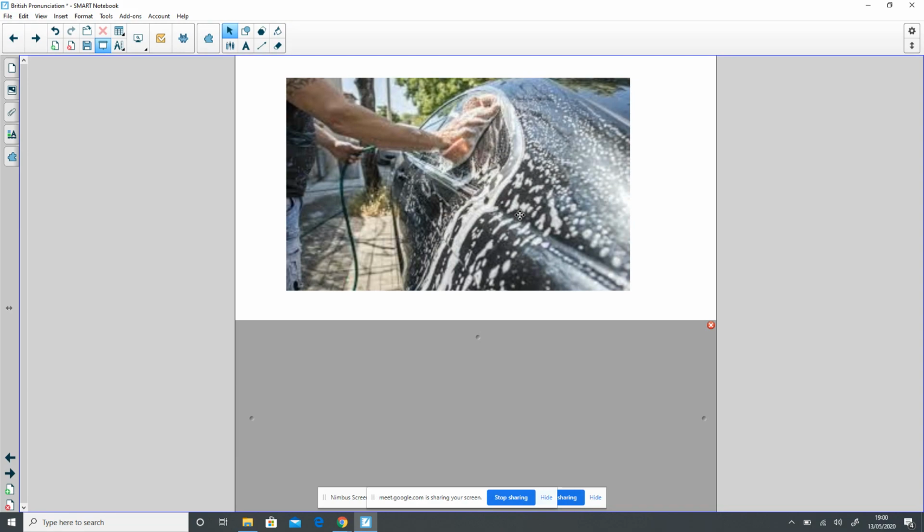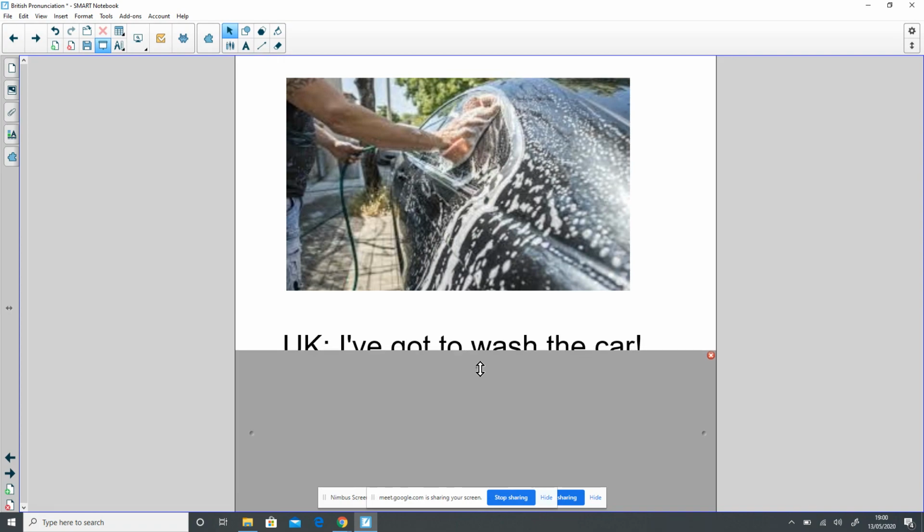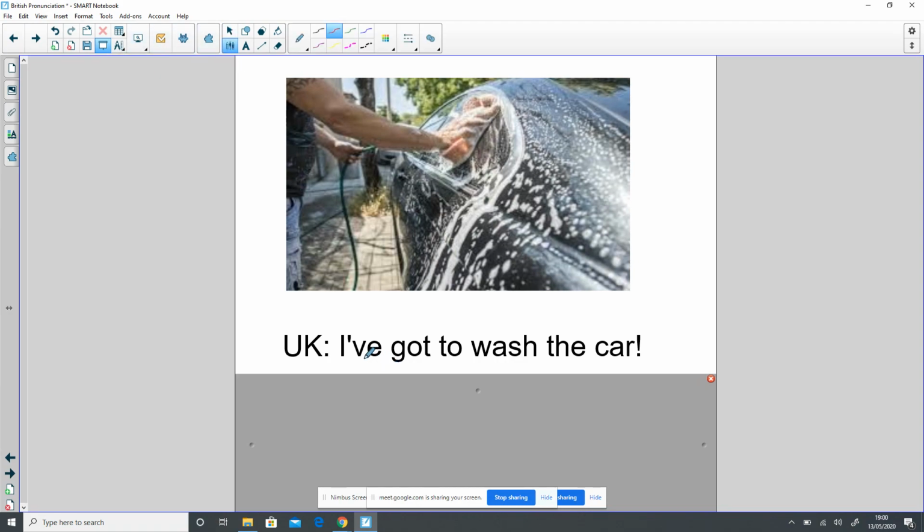Very often we have jobs to do. So this is a job I often tell myself, unfortunately. And I say this, I've got to wash the car. I have got to. So have got to is much more common than I have to. Many people think you say, oh, I have to for obligation. But in real life, we say, I've got to,